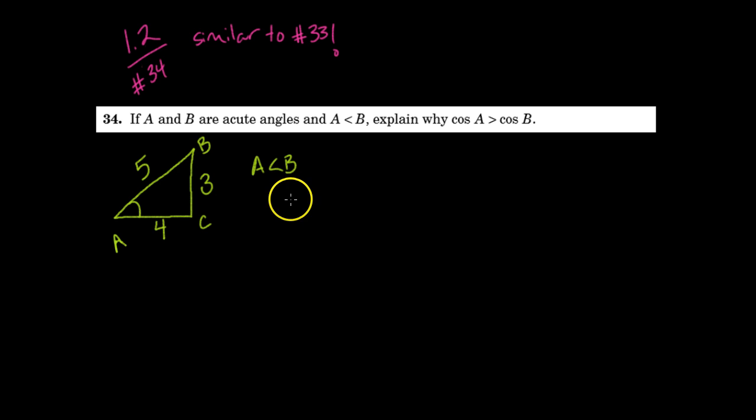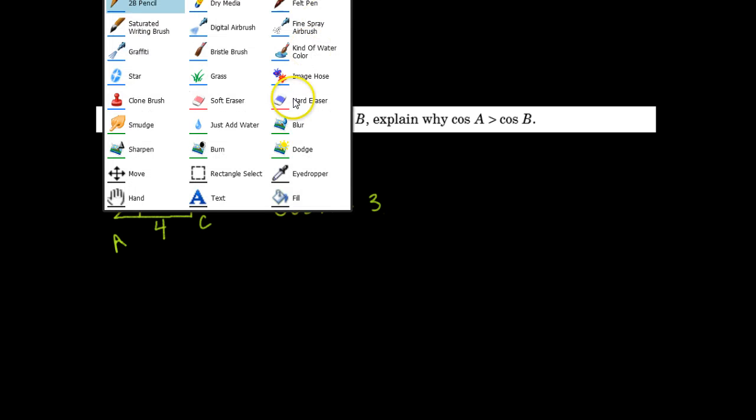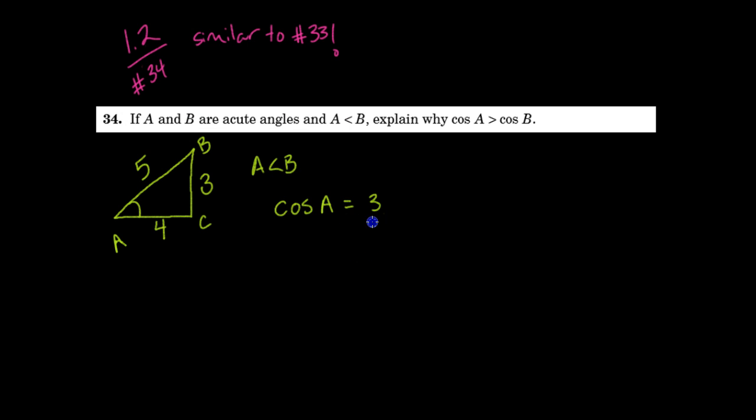Okay, so now I want to say, what's the cosine of A? Well, the cosine of A is 3. Wait, no, it's not. It's the adjacent. Let me erase this real quick. The cosine of A is adjacent over hypotenuse. See, even your instructor makes a mistake. So cosine of A is 4 over 5, whereas the cosine of B,